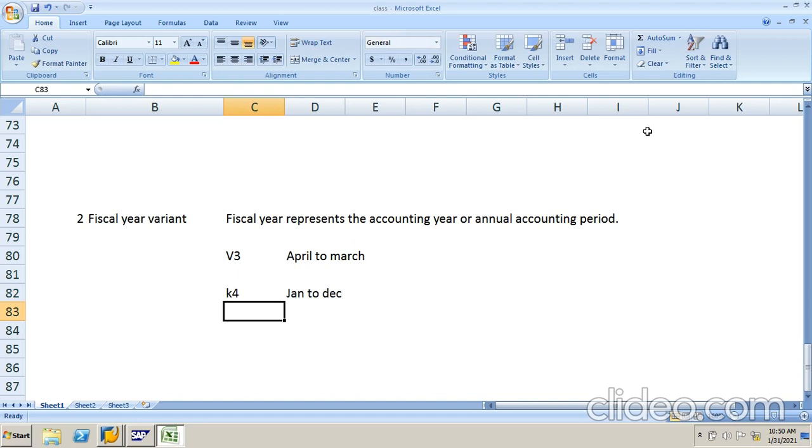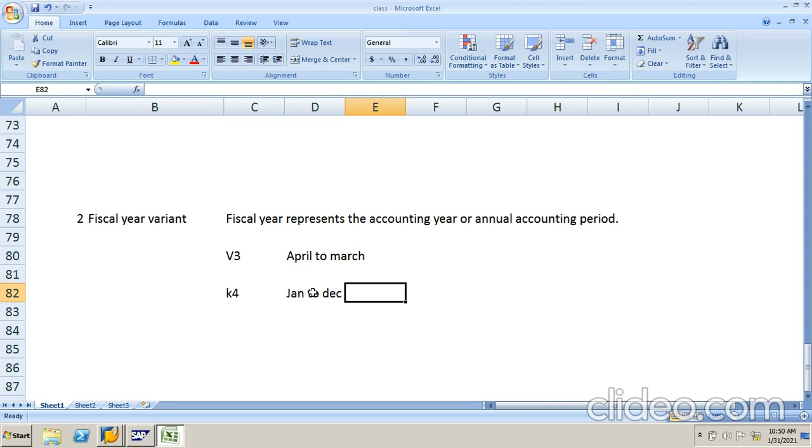Fiscal year variant defines the posting periods. Posting periods means these are the April to March accounting periods when you are going to post the transactions. We have different posting periods: April to March accounting year and January to December. If there is any company in the US, they will follow January to December as their posting periods.